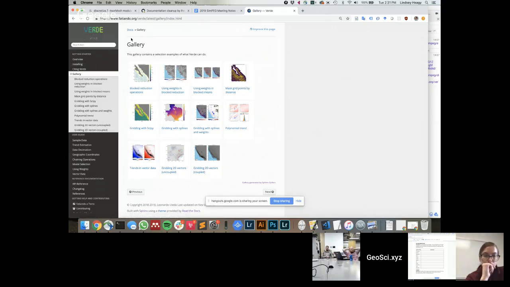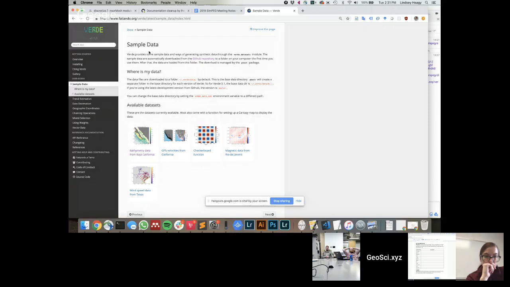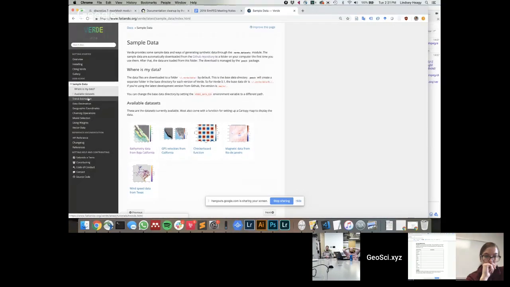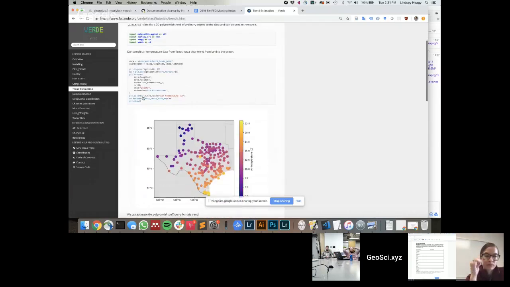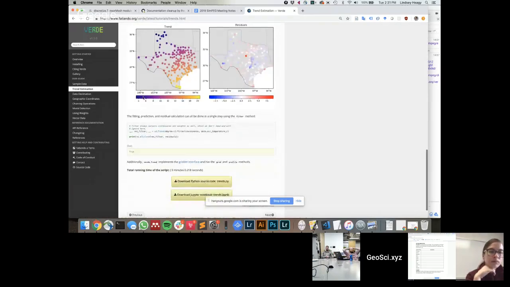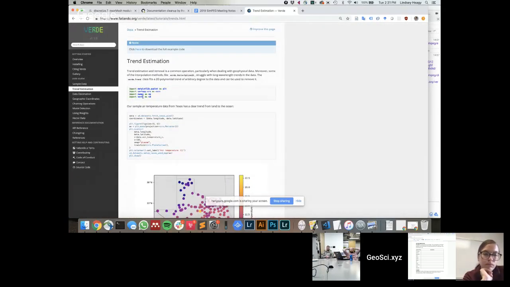The gallery is sort of like our examples right now, where it's just a collection of things that you can do with this software package. And then the user guide is much more targeted, like, how do we go and do trend estimation? So it's much more targeted around solving a particular problem. I think there's value in having both: a collection of examples that solve some problems, and then a user guide that walks you through step by step.